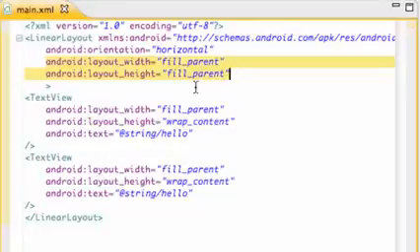So there you go, you have your linear layout set up, taking the whole screen and set to a horizontal orientation. Now within here we have our text view,